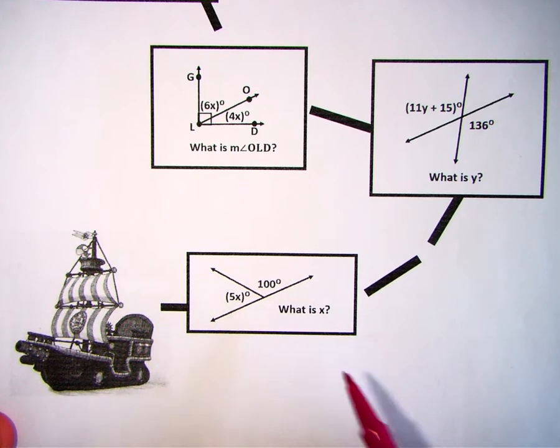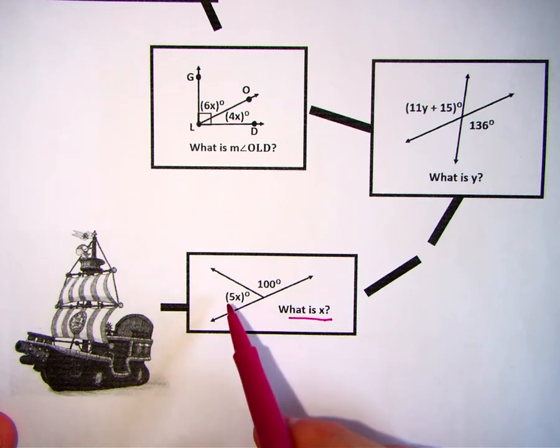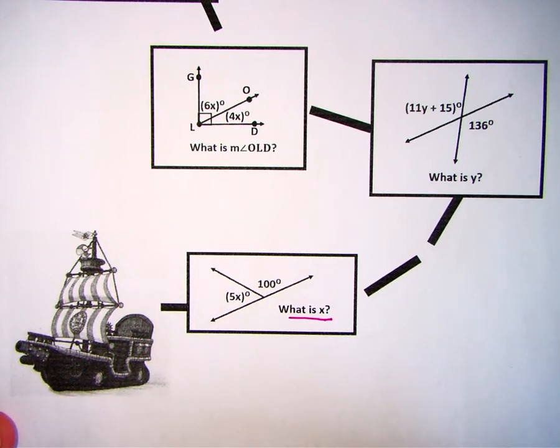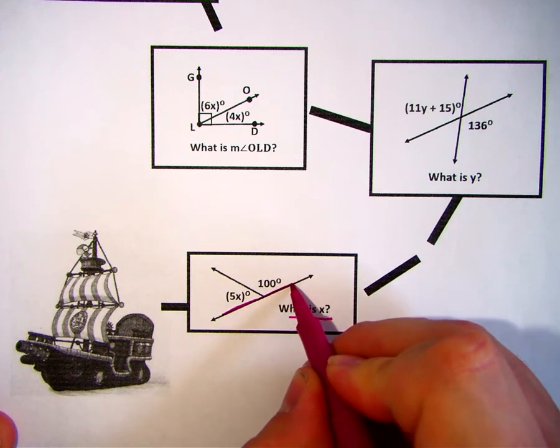Our first problem here is asking for the value of x. We need to look at our angles and determine which of the four angle relationships exists. Now, this is why memorizing your vocabulary is so important. We've talked about complementary angles, supplementary angles, vertical angles, and adjacent angles. Here we have a pair of supplementary angles, and we know that they're supplementary because together the two angles